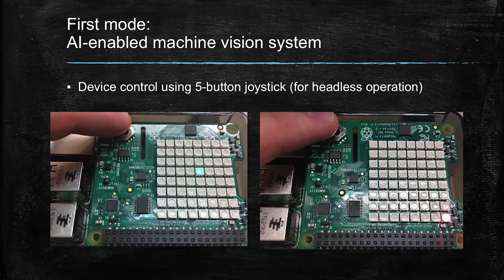So you can work in 2 modes. You can attach the monitor or see the result directly on the device. And as I mentioned, the SenseHat also has a button, specifically for the headless mode where I don't have the monitor attached to the Raspberry. I use the button to start and stop the image acquisition from the webcam, and also to send the currently displayed image for processing to the cloud.